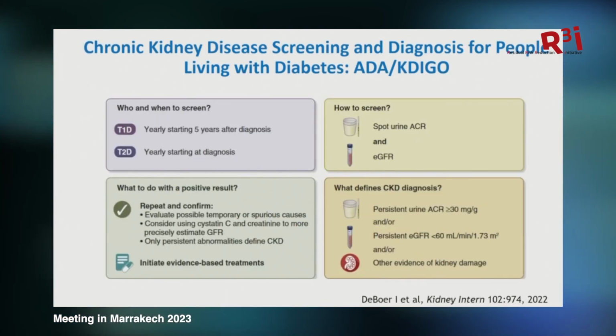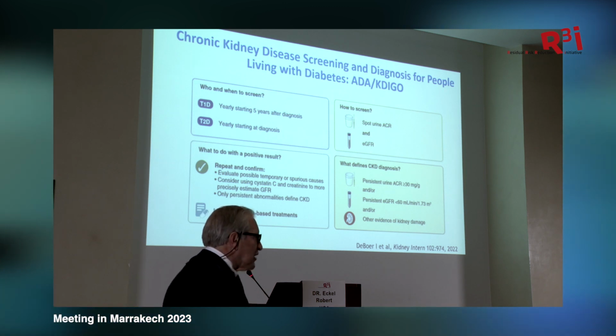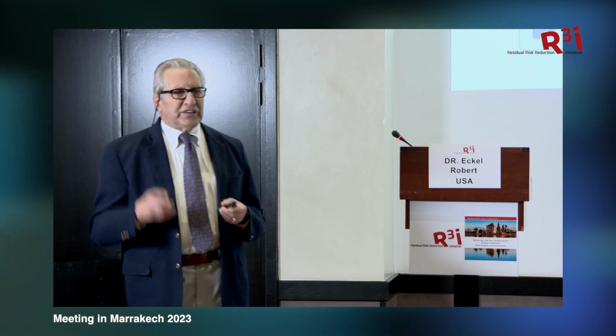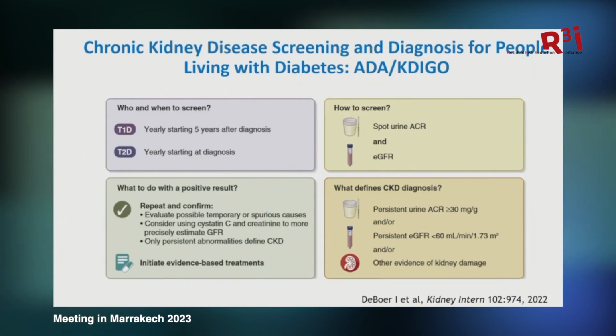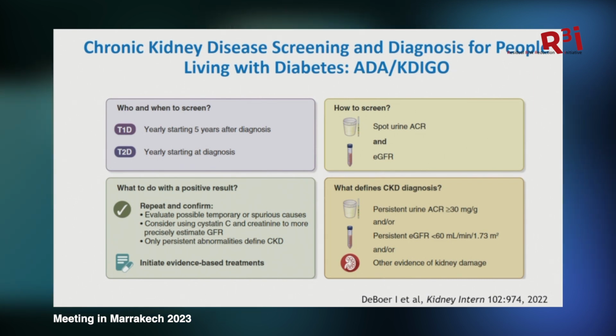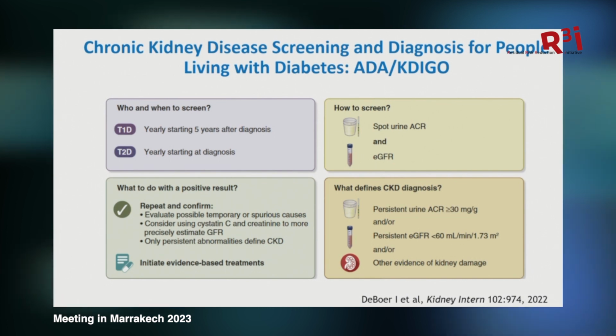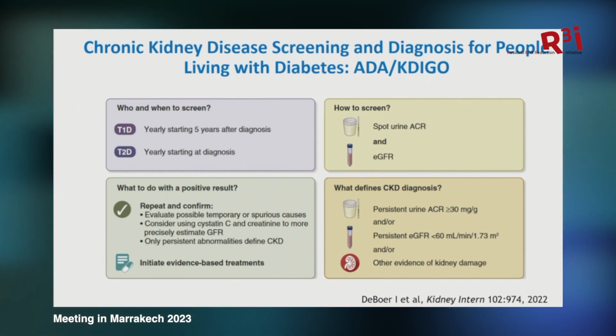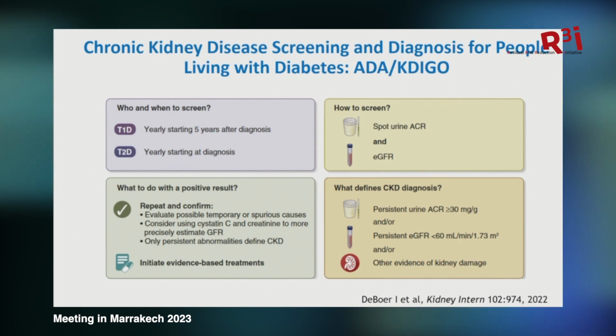So if we think about screening people, these are guidelines put forth by the ADA and KDIGO. What's KDIGO? It's Kidney Disease: Improving Global Outcomes. So this is a group that's very much involved in guidelines that relate to kidney disease. The ADA and KDIGO group has joined together to say who and when to screen: in type 1, yearly starting 5 years after diagnosis, and yearly starting at diagnosis in type 2,